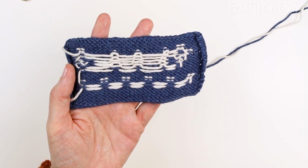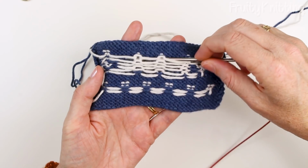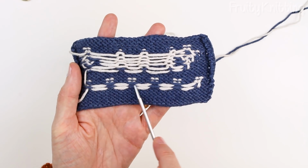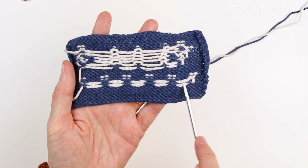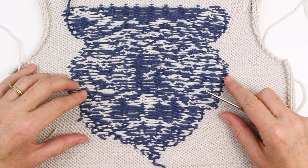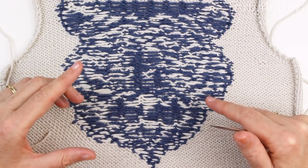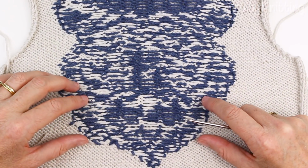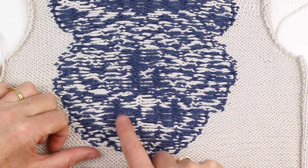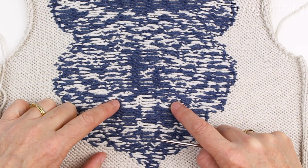So if I get my needle, you can see if I put my needle through here, it's completely free from the front fabric. And you can see that it looks very different from the stranded knitting below. When we go back to my tiger face again, you can see that I've started and stopped these extra ladder stitches whenever I needed to fill in gaps of long stretches of one colour. So I started some extra ladder stitches here, which is on the back of the upper lip, and I used them until I didn't need them anymore, and then